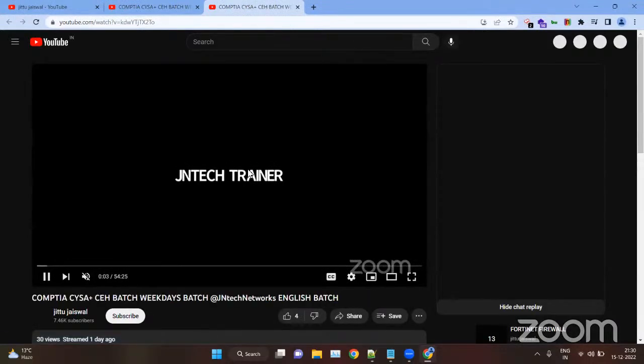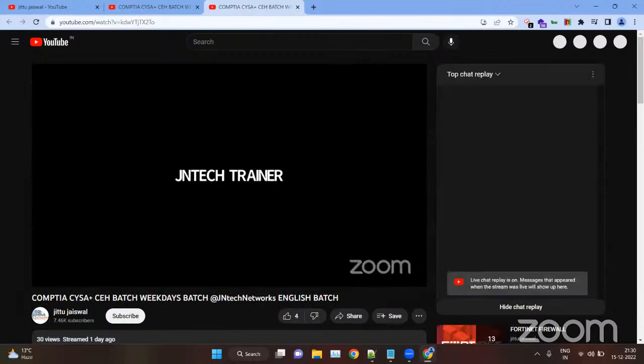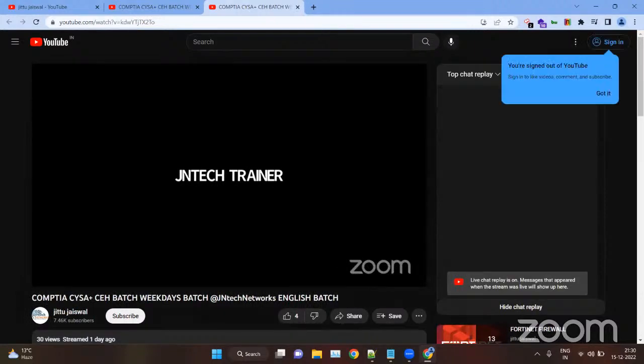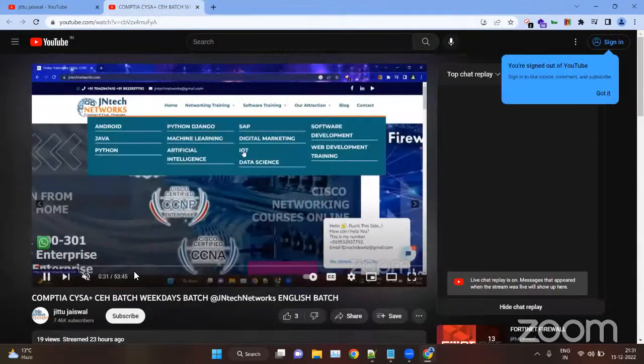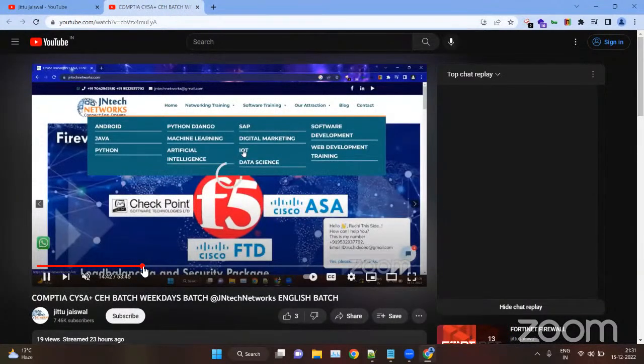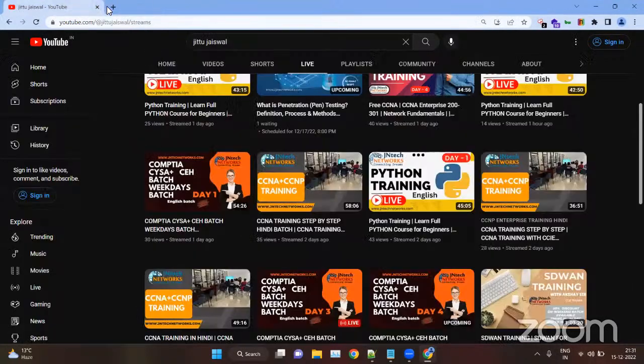In day 1, we have discussed the installation process, all about cybersecurity, network security, ethical hacking versus hacking, phases of hacking, types of hackers, everything about security. Then we have seen how to install ParrotOS as well as VMware, and ParrotOS inside VMware. Then in session number 2, we discussed the Linux commands. So we'll take the recap first and then we will start.